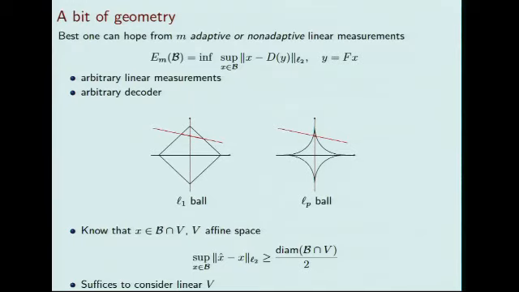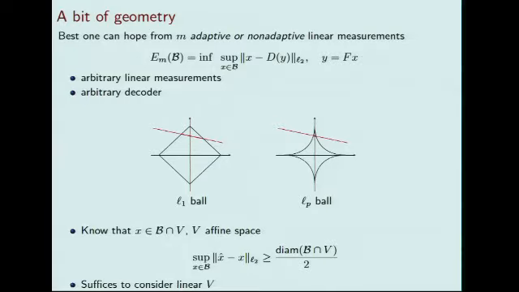Can we hope to take m adaptive or non-adaptive linear measurements? So I make a distinction between adaptive and non-adaptive. Non-adaptive is what we've been doing all along. Adaptive would be that as you get to see the first measurement, you have a chance to select the next measurement any way you want. And so you get the second data point. So you're learning about the signal, and as you're learning, you have the right to change what you're going to measure next. And you could try to apply the best possible strategy.